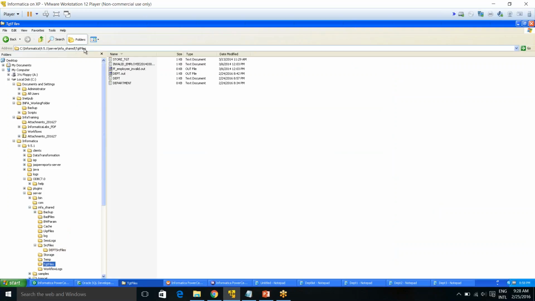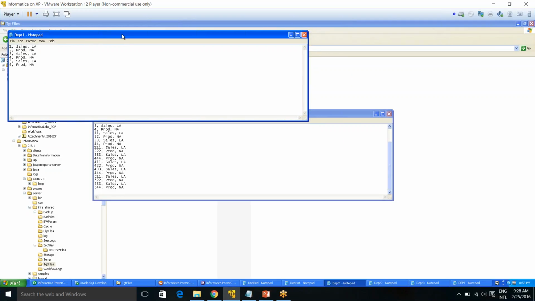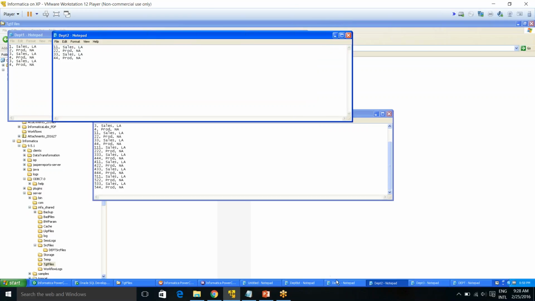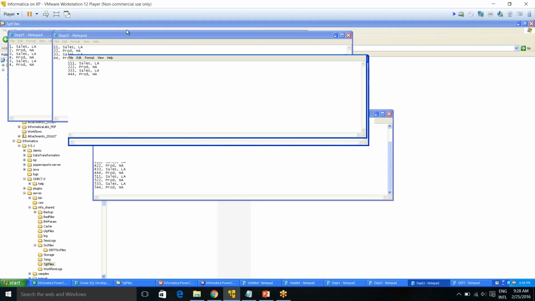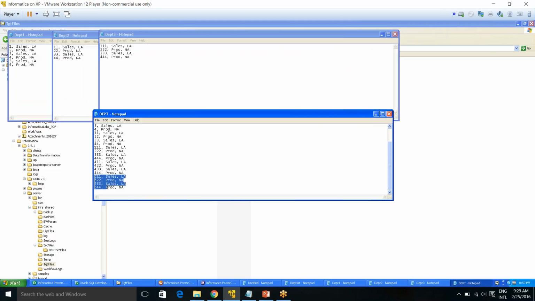So this is the target directory, and there you can see the department file. Look at this, the data: 555432 1. Let me show you. See, 1, 2, 3, 4 and 5. See, 111 is the fifth department and 44 is the fourth. So this is the data loaded into